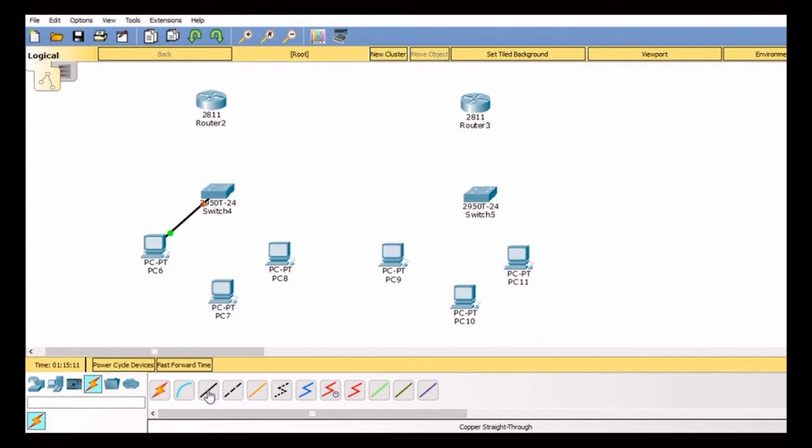Again, select copper straight through, click on the next PC, select fast Ethernet 0, then go to the switch again and select fast Ethernet 0/2. Again, copper straight through from this PC, fast Ethernet 0, and this switch. Select 0/3.